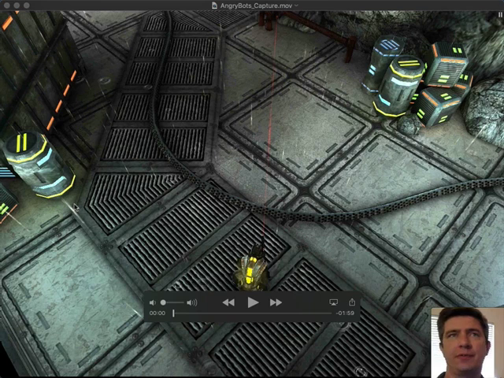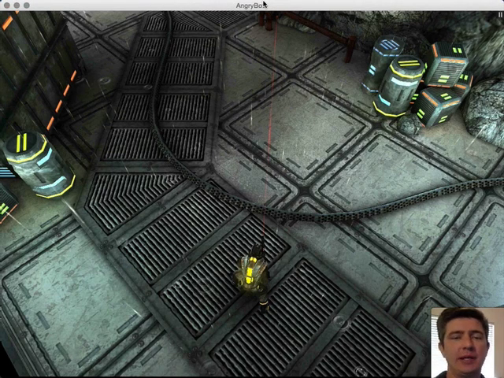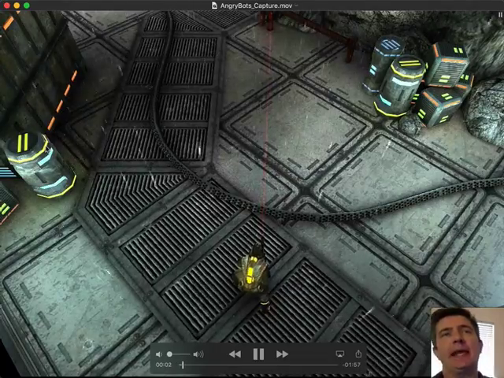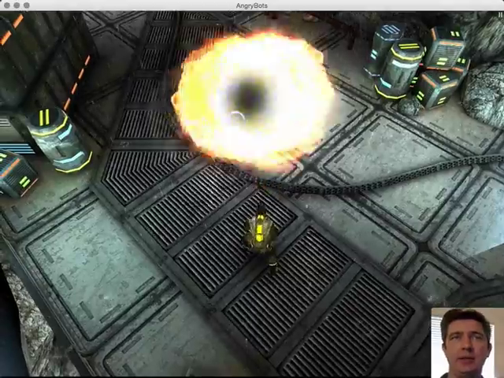So we've got the full package to check everything out. So our game this week is called Angry Bots, and it is made by Unity Games in the Unity game